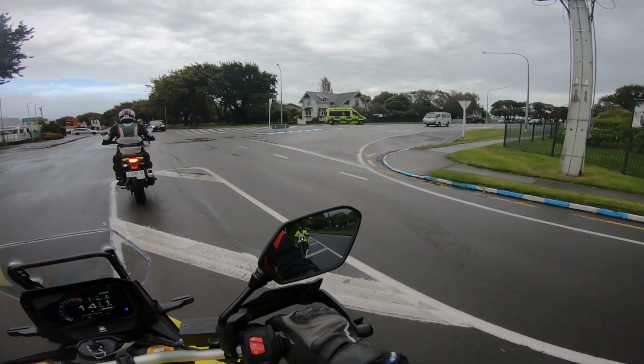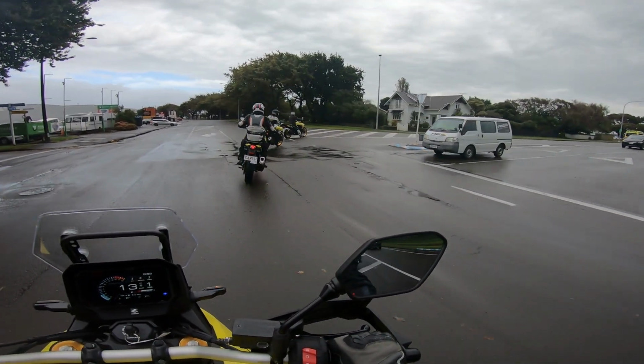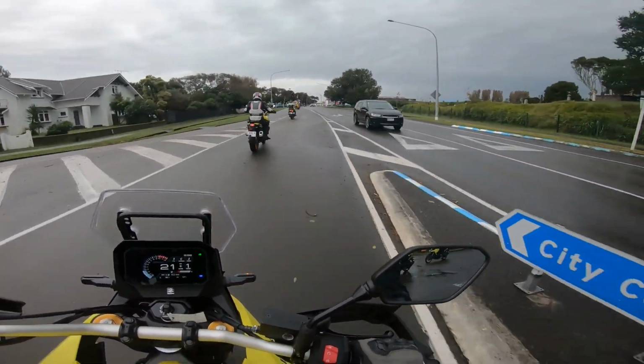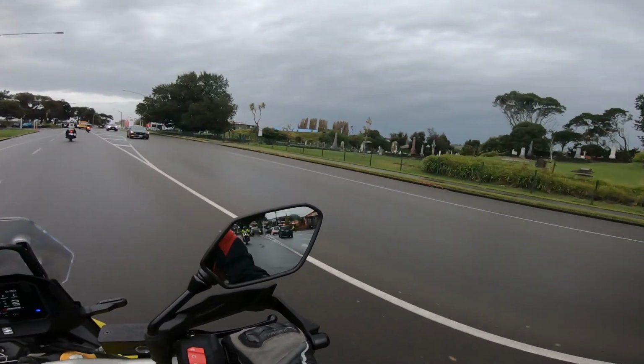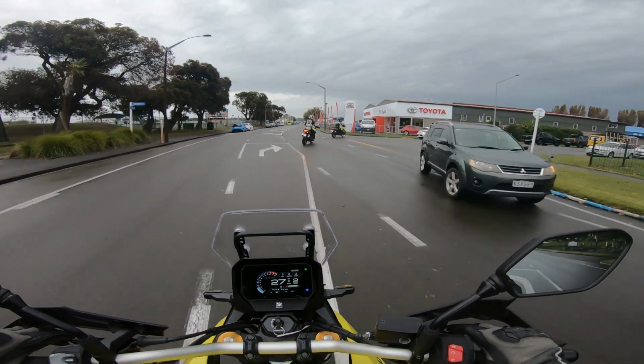You can see those blue and white ripple strips there. One of the interesting things about Wanganui where we are is it's home to one of the last true road races. It's called the Cemetery Circuit for obvious reasons. While we're just getting out of town towards some of the dirt stuff,